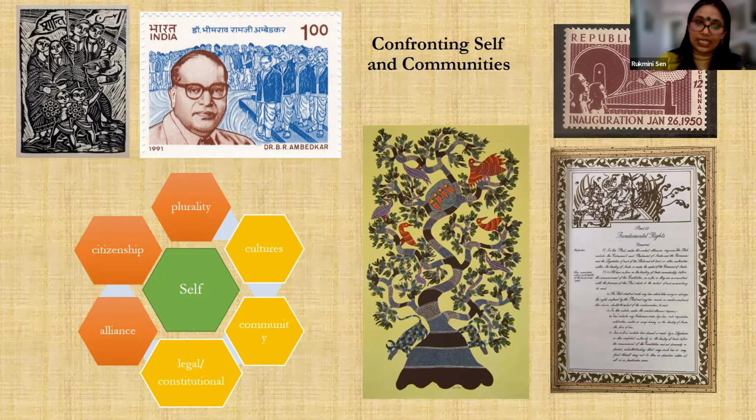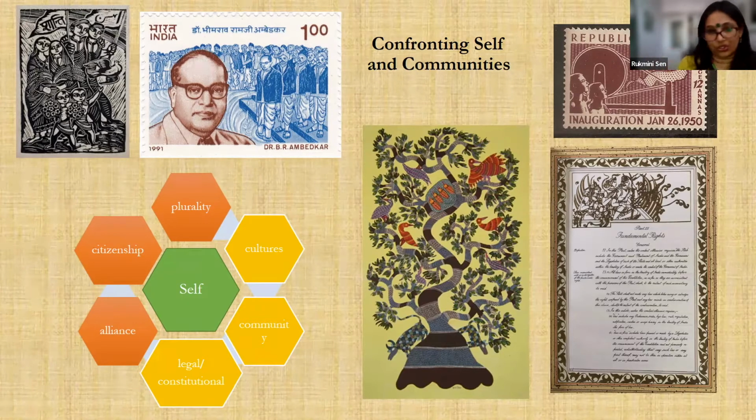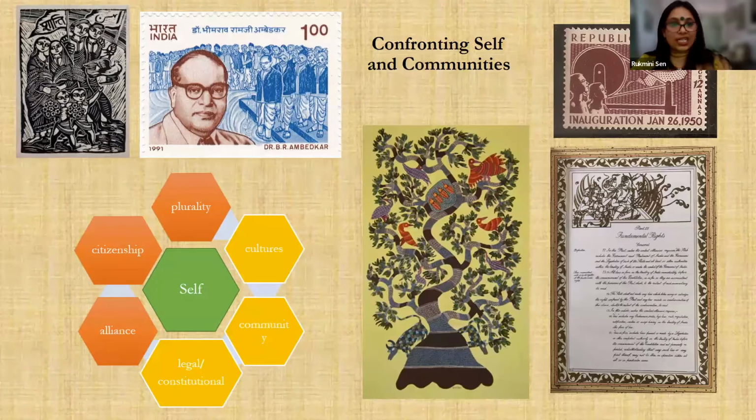what is it that we are saying when we are saying that we are confronting self and community? If self or selves is at the center and at the heart, then there are two different kinds of things that, through the courses, through curriculum design as well as classroom ethics, as well as research and teaching that one is giving, one is encountering. One is culture, community, constitution. I think that's one set of ideas, one set of concepts that one engages when, let's say, one does